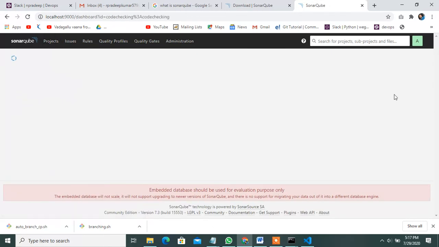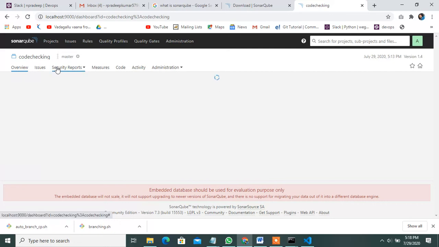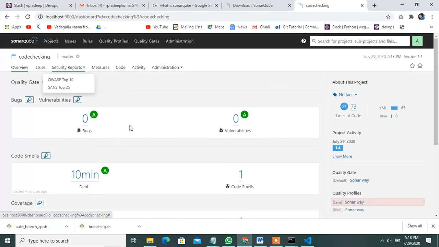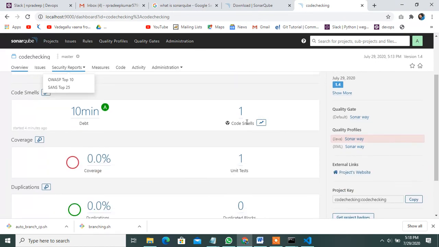Once you click it here, you can observe the overall issues, security reports, measures and code activities, administration. All this you can see here. See, bugs is 0, and the analysis was done 10 minutes ago. There is one code smell, it is a small project.